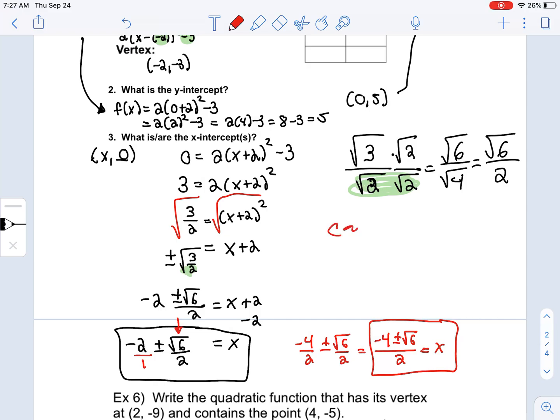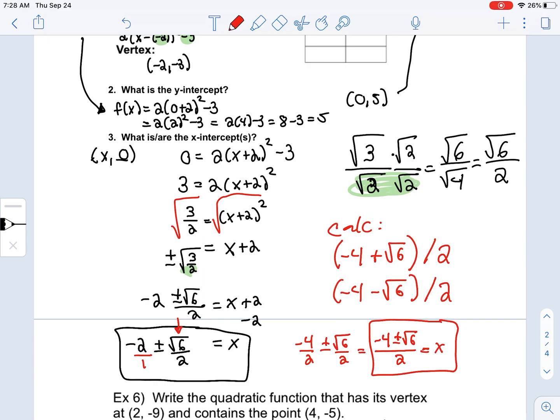In terms of graphing this, we're going to need to put this into our calculator to determine exactly what these decimals are so we can figure out where to graph these. These are going to have to be approximated. When you put them in your calculator, be careful that you're doing it in steps. I would recommend that we do negative 4 plus square root 6, close those parentheses, divide by 2, and give us our first answer. Then we're going to do it again with a minus square root 6, close those parentheses, divide by 2.